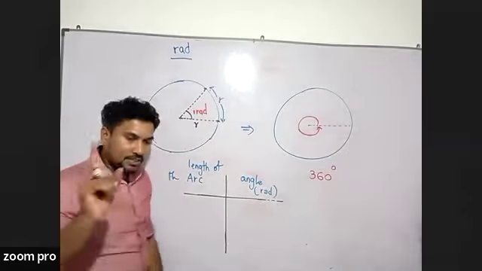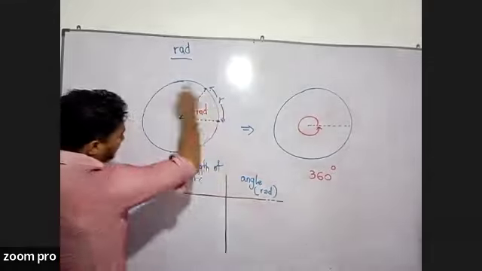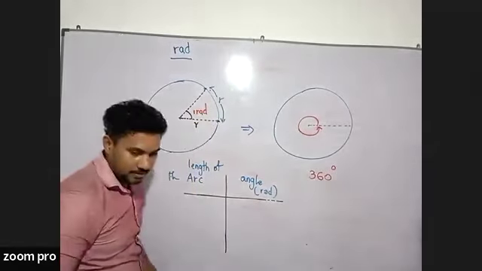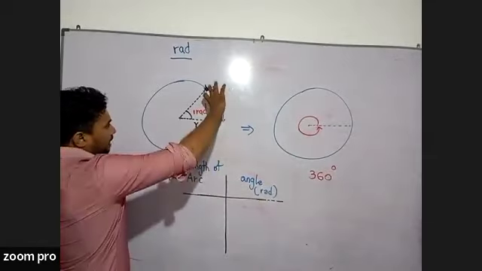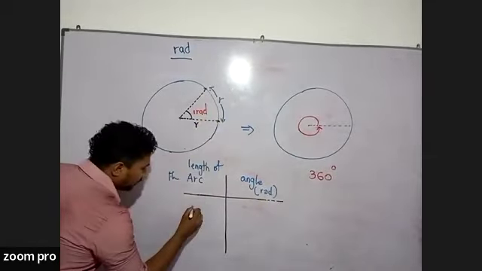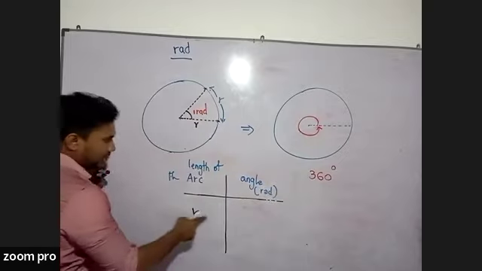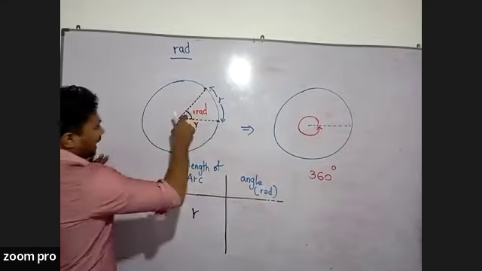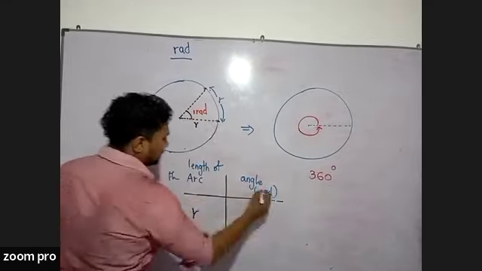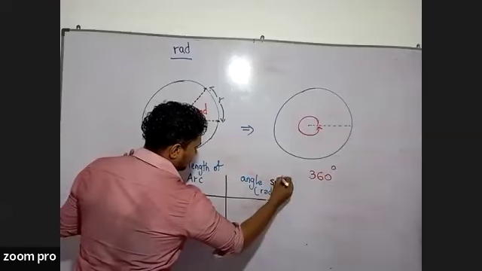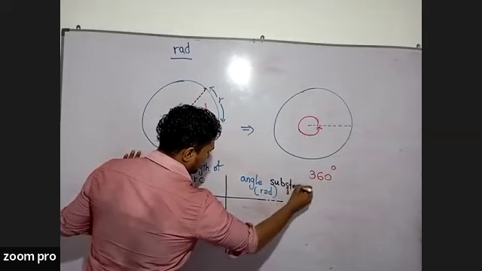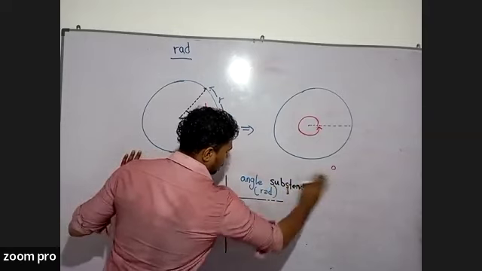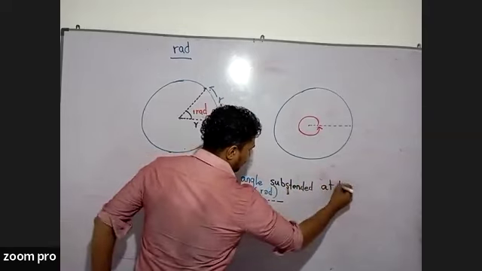Okay. So let's consider a circle with a radius of r. If I consider an arc with length equal to the radius, then obviously the angle subtended at the center